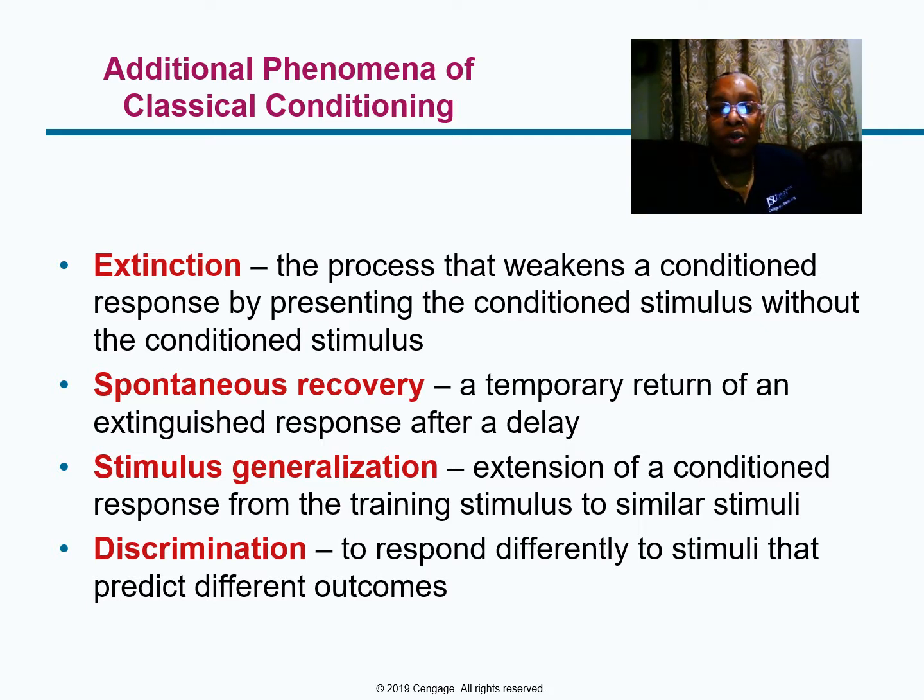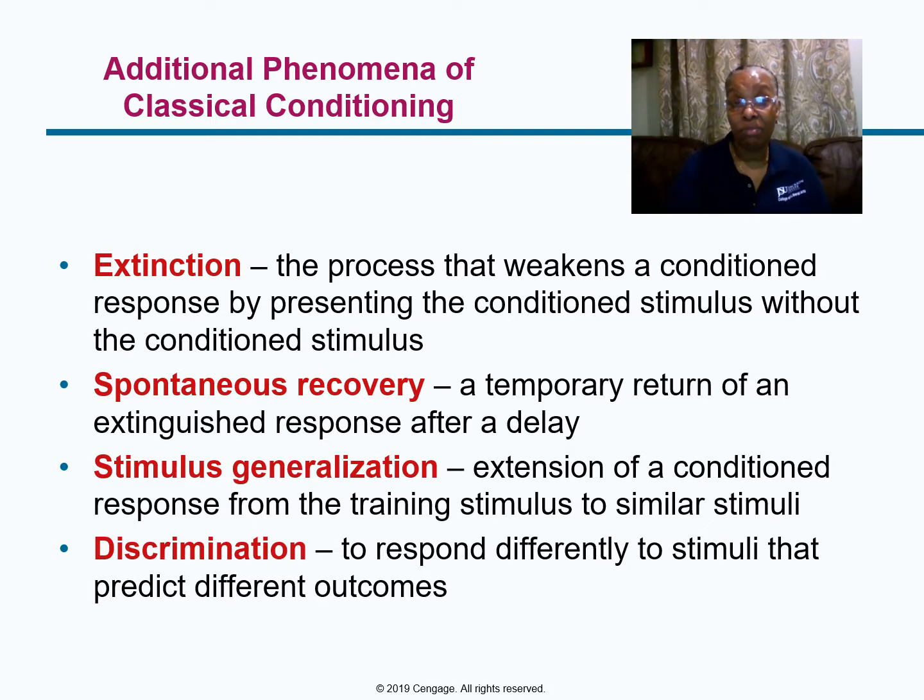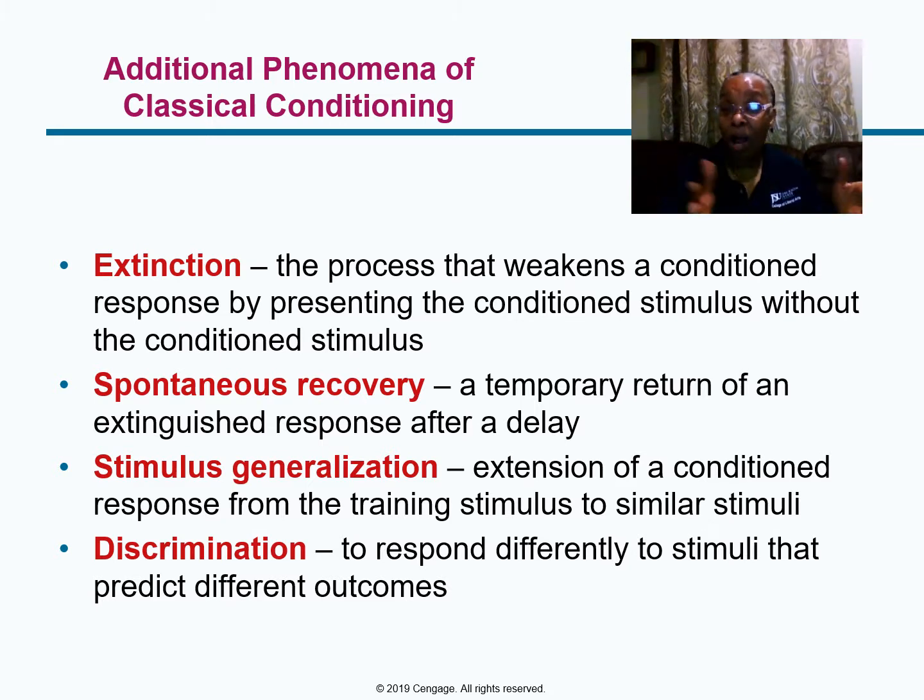A conditioned response to a stimulus will extend to other stimuli to the extent that they resemble the trained stimulus. An example you could think of is bee stings. Suppose a bee stings you and you learn to fear bees. Now you see a wasp or a hornet. Guess what? You fear that too. You probably are not going to fear butterflies, or other insects that don't resemble bees. But if the bee and the wasp look alike, they've got stingers, then you tend to have that same type of fear.